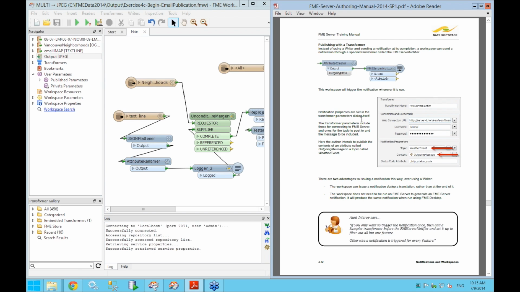So we have a specific transformer that's designed for that. It's called the FME Server Notifier Transformer. And it basically works in the same way as what we've seen when publishing the workspace. You connect to your server, either username and password, and then you can choose which topic you want to publish to and what kind of content you want to be sending into that topic. Again, this content can either be hard-coded or it can come from any attributes inside the workspace itself. So this is just a transformer that can send a notification up to the server and trigger a topic while the rest of the